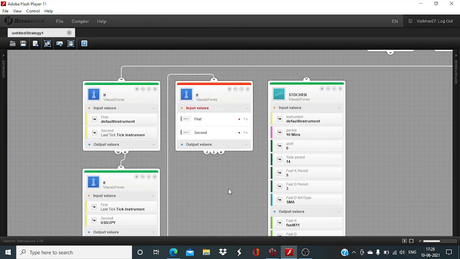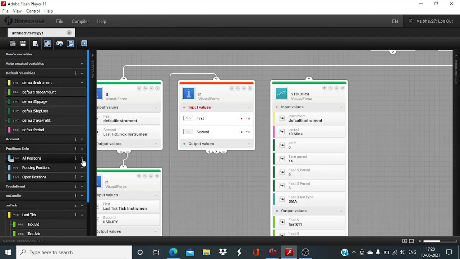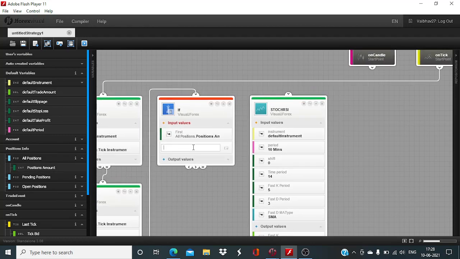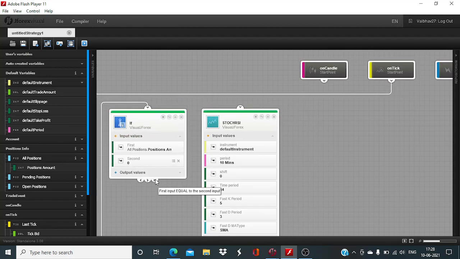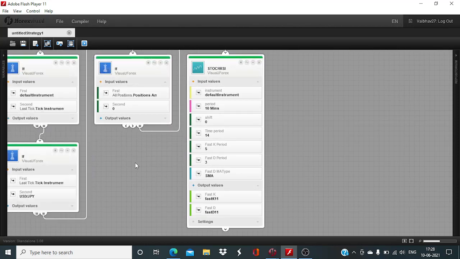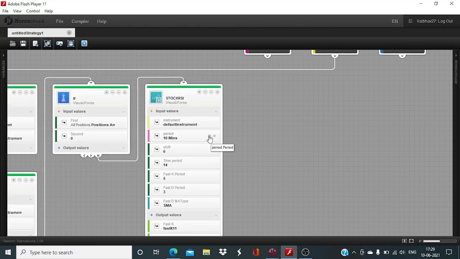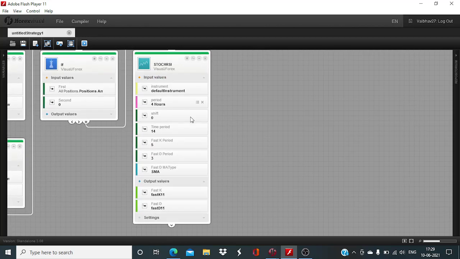Then the position amount will be changed to 0. This will be changed to 4 hours. Shift will be 1,